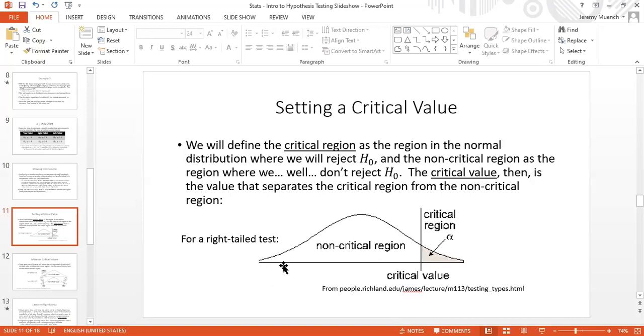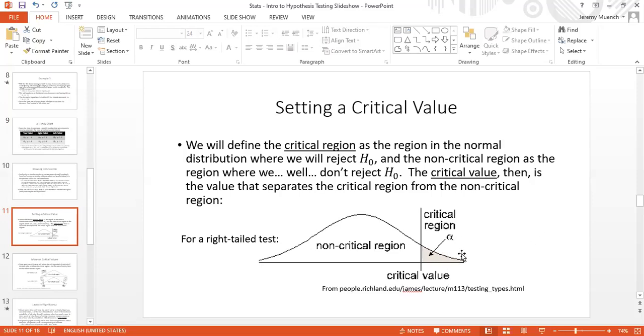So this bell curve is built assuming the null hypothesis is true. The null hypothesis is based on the mean. So whatever our null hypothesis is, whatever our value for k would be, that is the mean, just the dead center of this bell curve. What happens here is the critical region, which is this shaded region,